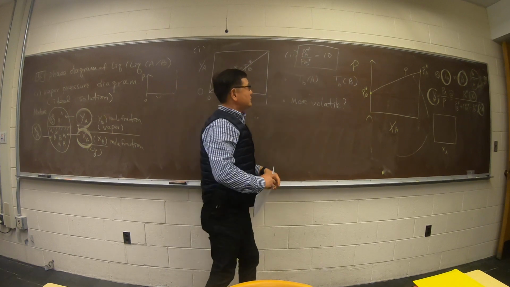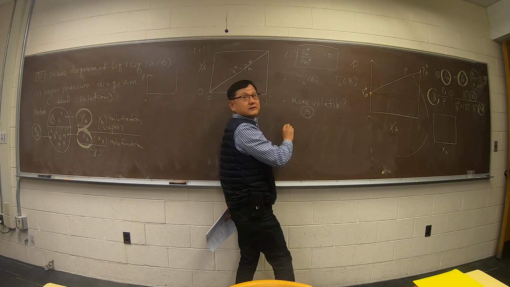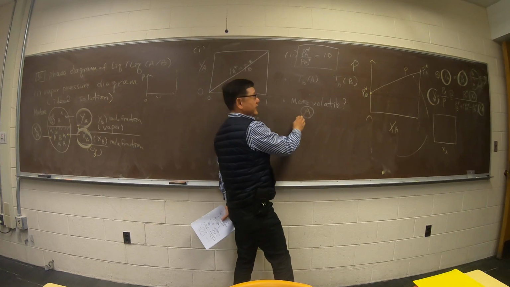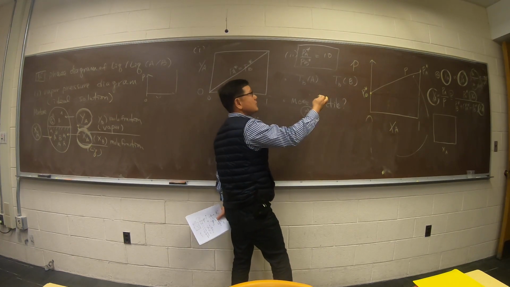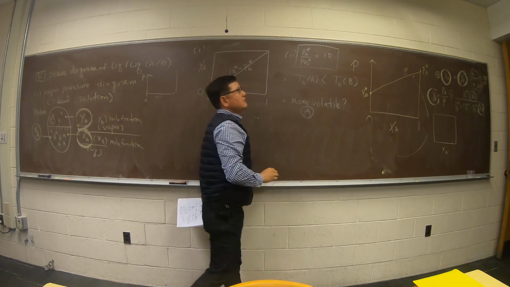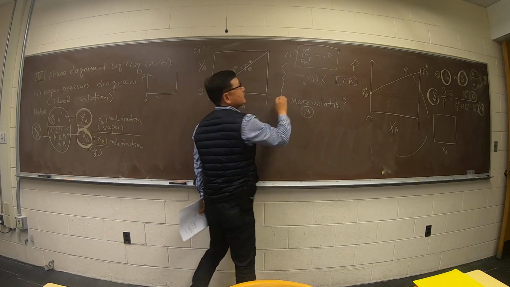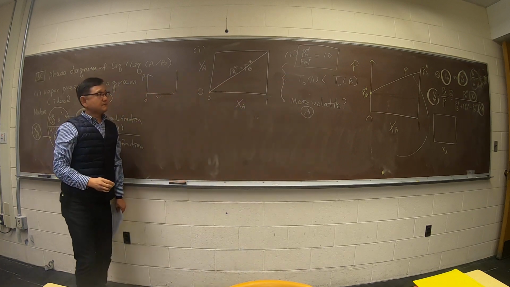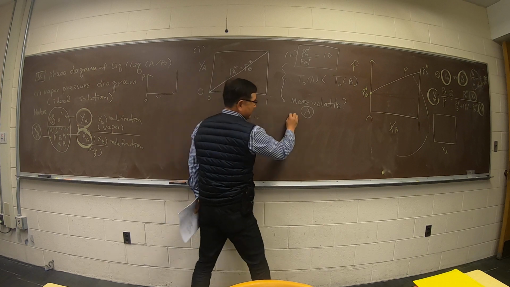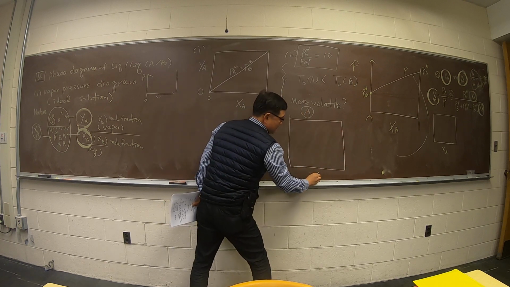So that means A is more volatile, right? A likes to be in the gas phase more. So the boiling point of A is lower than the boiling point of B. So it's the same statement. The three statements are the same. Okay. For that case, what you have here is the same drill, XA